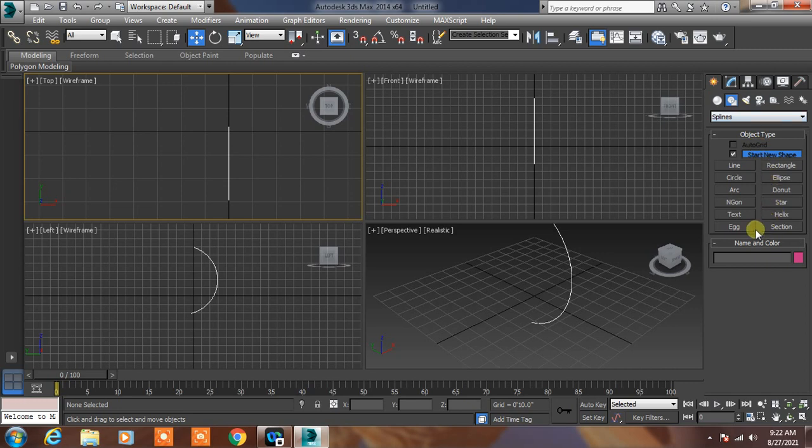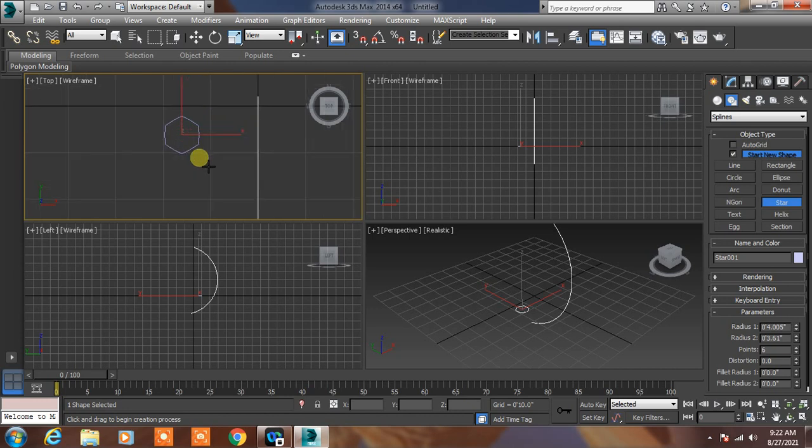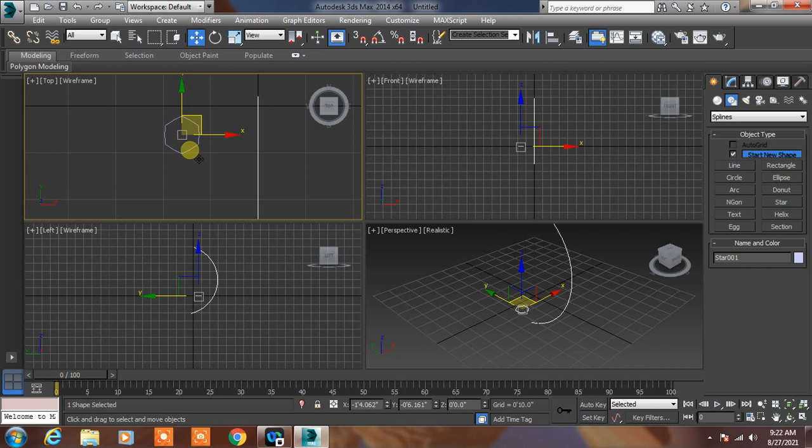So I will select here the star shape. My handle is in star shape. So I will create my star like this, and I want to create my shape. Okay, so this is the shape and this is my path.